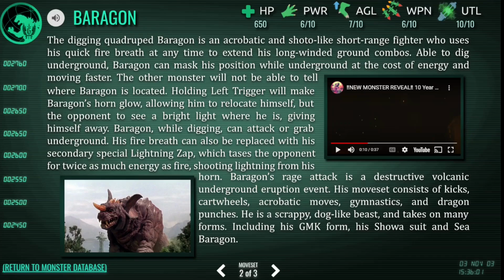His fire breath can also be replaced with his secondary special, a lightning zap. I'm just gonna assume that that's from Frankenstein Conquers the World, because I know for a fact he doesn't do that in GMK, and he basically does nothing in any of the Showa movies that aren't Frankenstein Conquers the World, so I can only imagine that's what that is from. Good, they're keeping his rage attack. Baragon had one of the best rage attacks in the base game anyway, so...